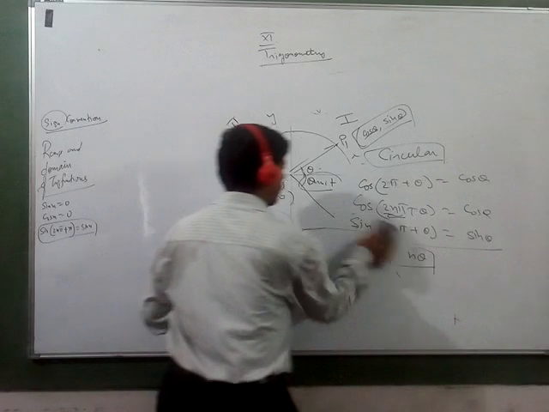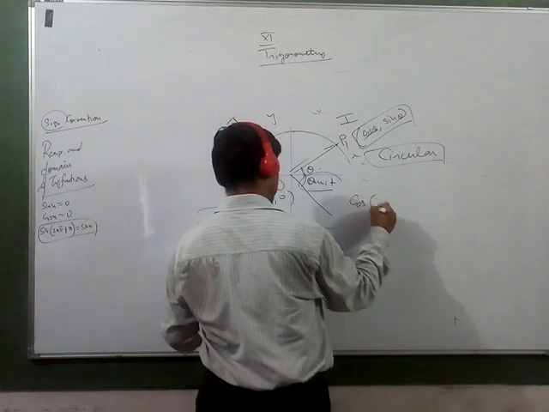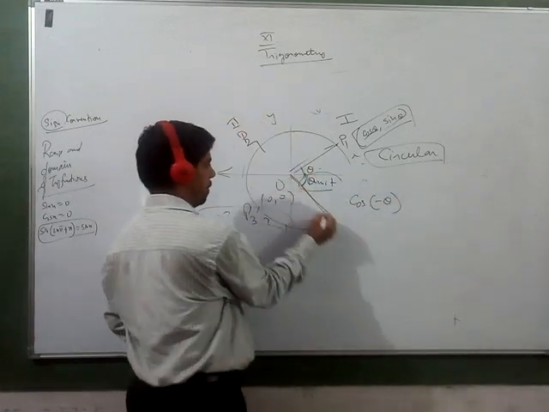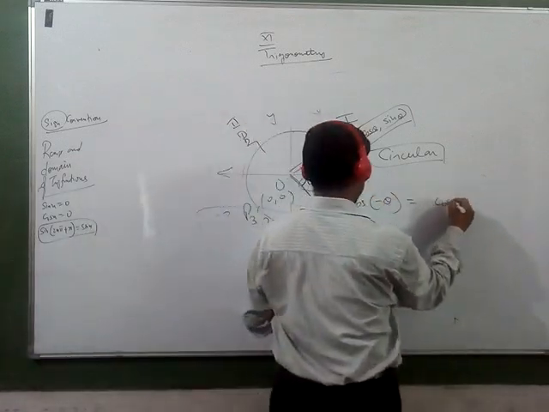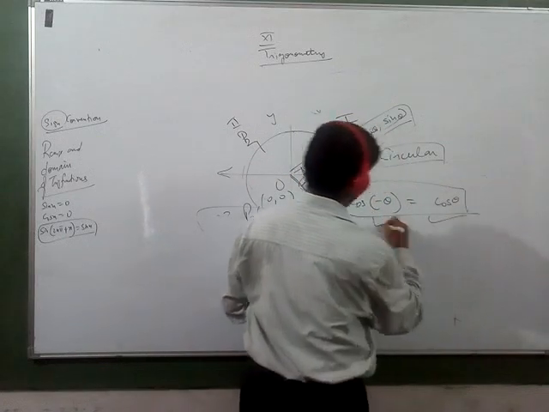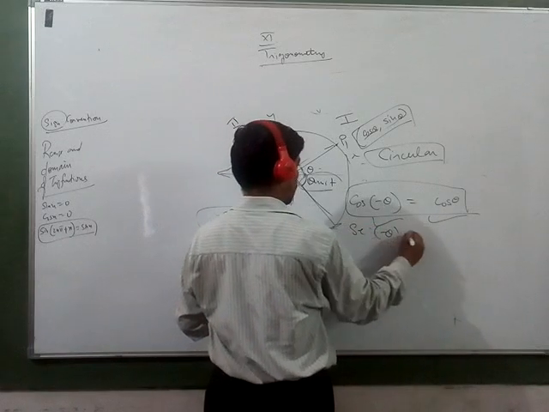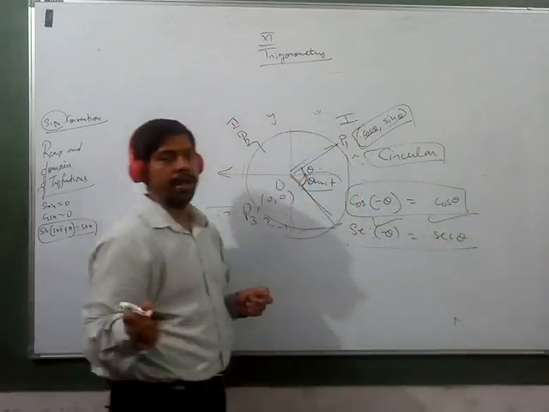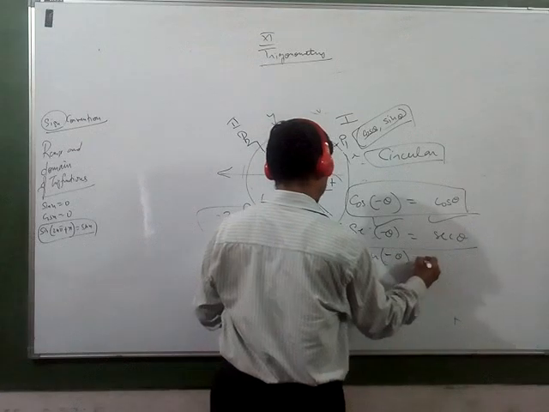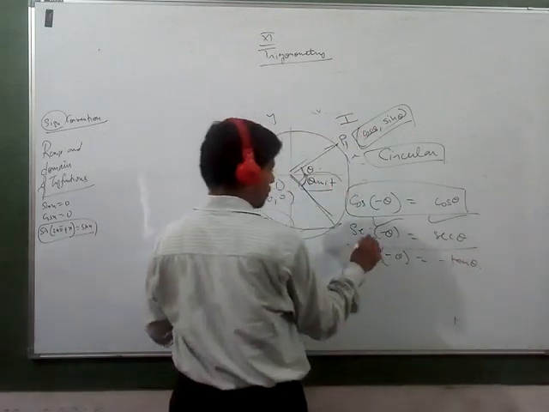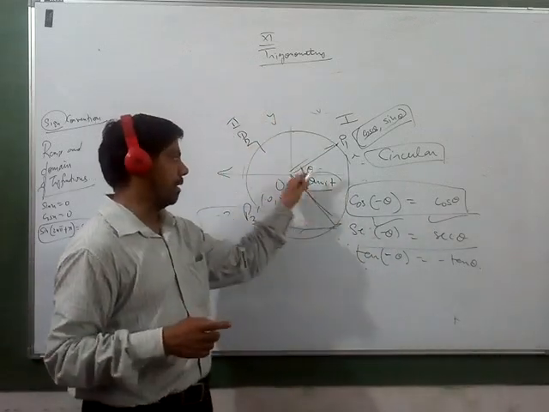Now what is cosine of minus theta? Again this is minus theta, in the fourth quadrant, but in the fourth quadrant cosine is positive. So cos of minus theta is equal to cos of theta. This is a very important identity. Cos and sec: sec of minus theta is also sec theta. All others will be negative. Tan of minus theta will be minus tan theta. Sec is already positive, cosec will also be negative. So this you have to understand about negative angles.